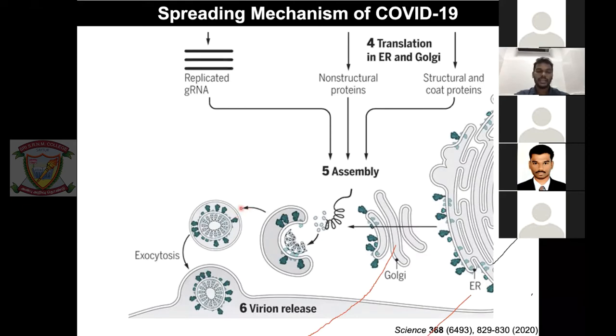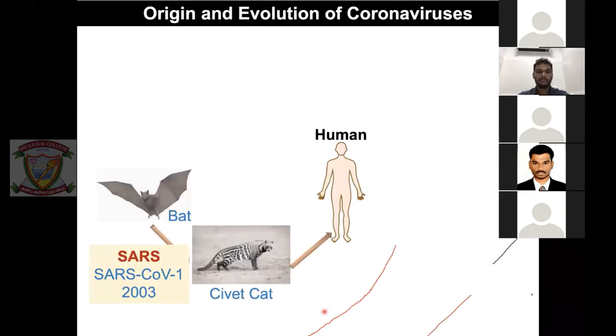So now getting this virus to exit outside is called exocytosis. That is the sixth step, called virion release. Basically, that's active virus that is released from one cell. So even just a single viral particle can get inside and make multiple copies of virus. This is exactly how the virus is spreading through our body through these mechanisms.